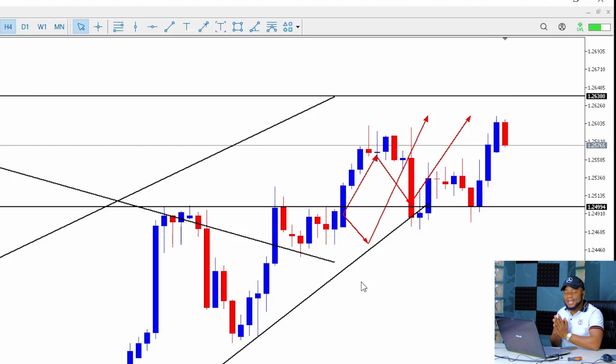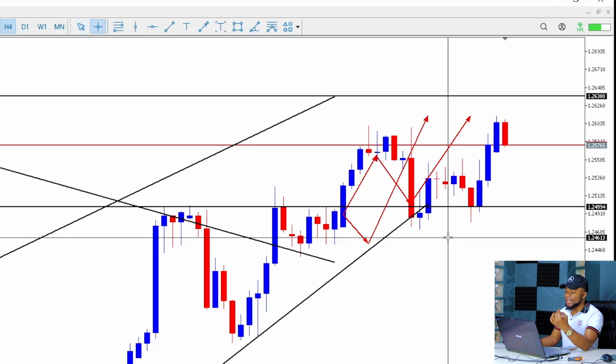In this kind of situation, I just need to be right 3 times out of 10. Even if I take 10 trades, and out of those 10 I have just 3 right, I will still be making money in the Forex market. You see why some of us, even though we encounter losses every day, at the end of the day we're still making money in Forex trading, because we understand these concepts.